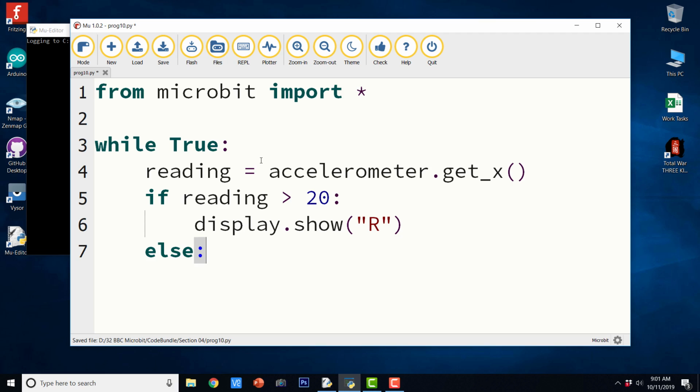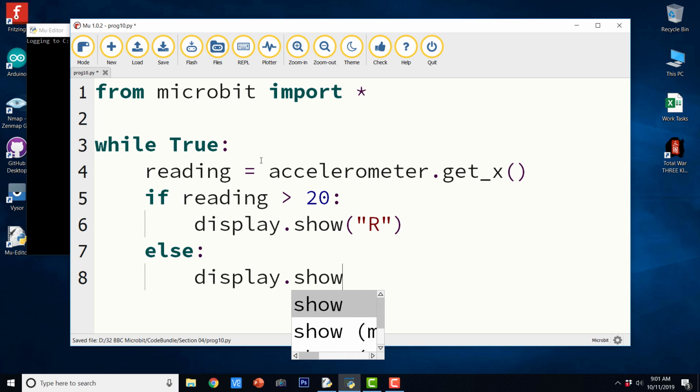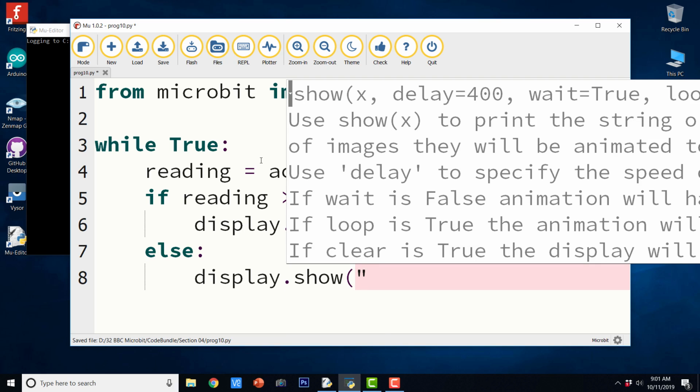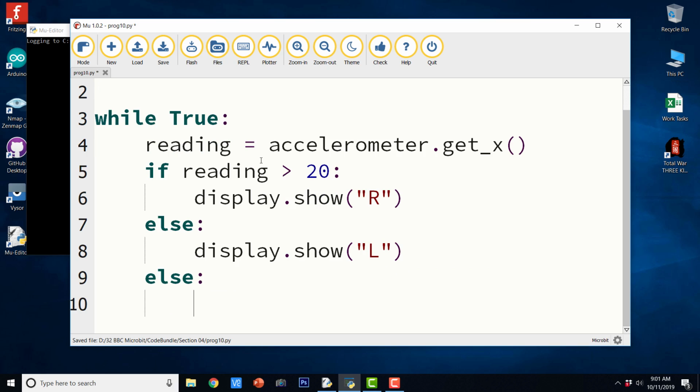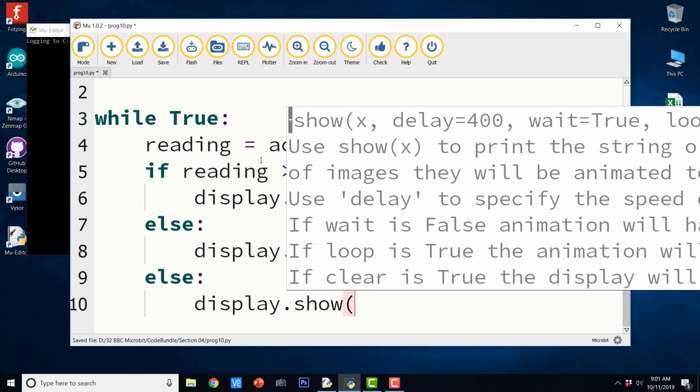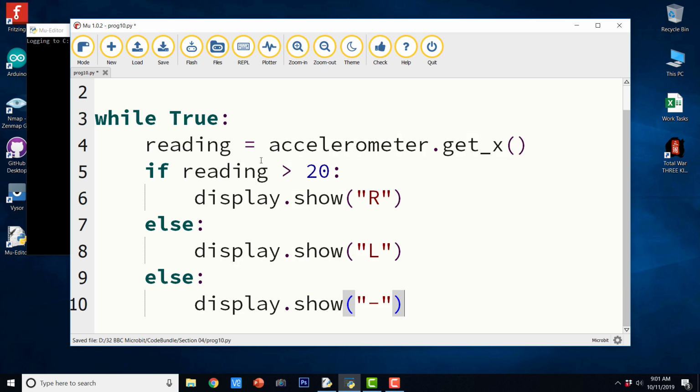Else, display.show L. Else, display.show hyphen.